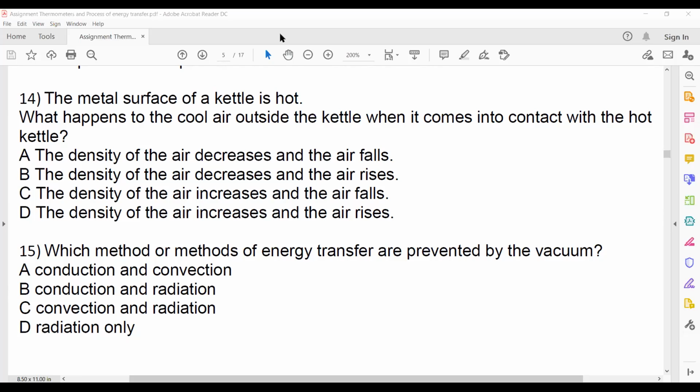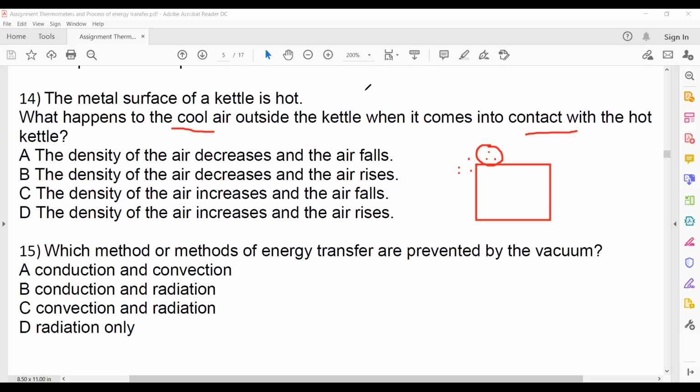So the surface is hot, okay, and air will come in contact. So air molecules come in contact with the kettle. The question is, what happens to the cool air outside the kettle when it comes in contact with a hot kettle? If the cold air comes in contact with a hot kettle, they absorb energy, move away from each other,